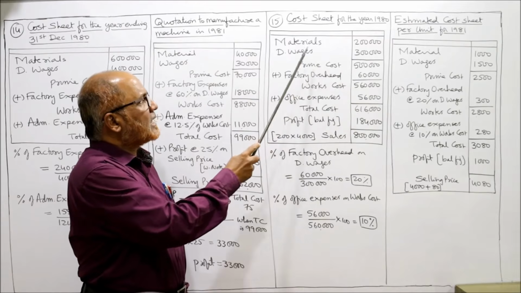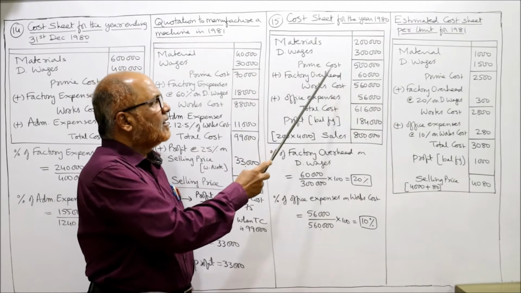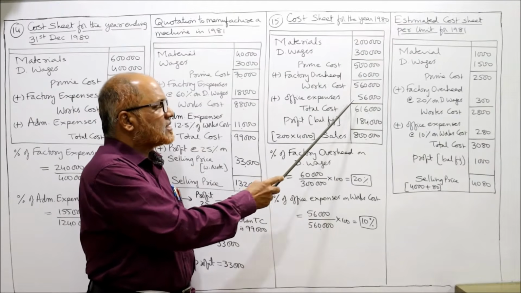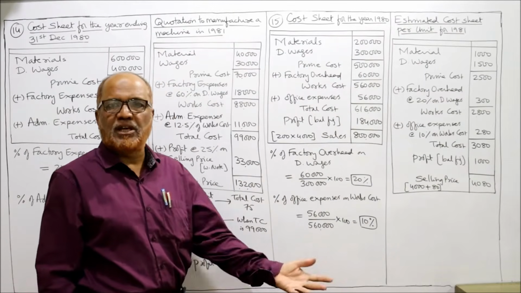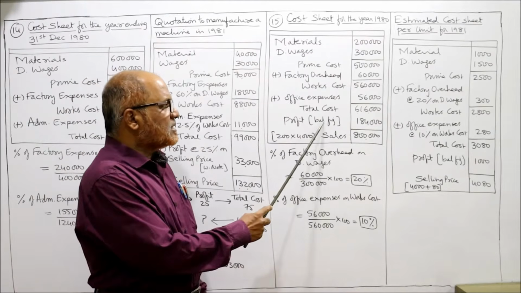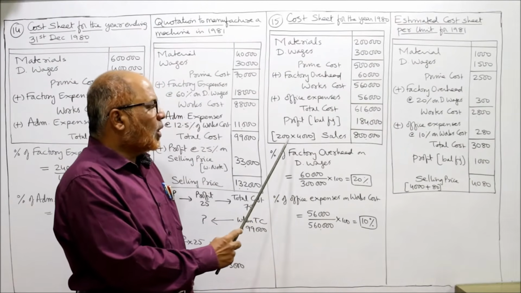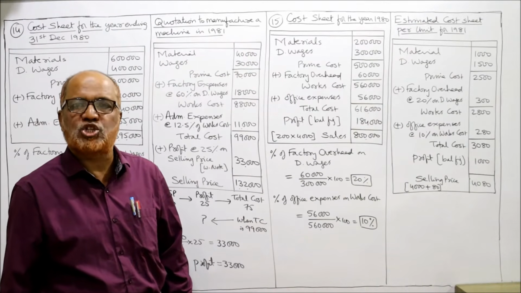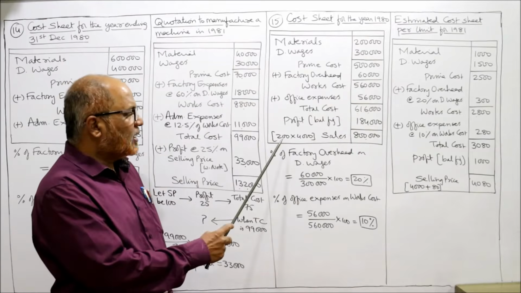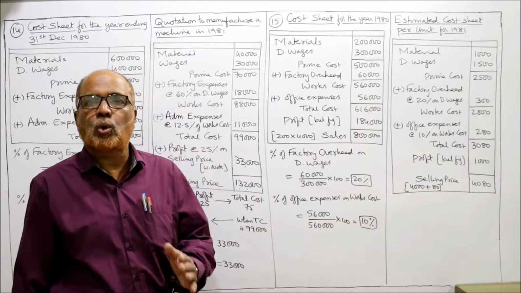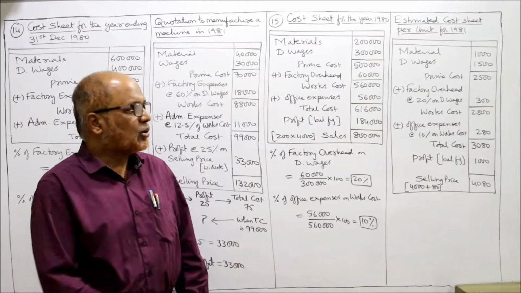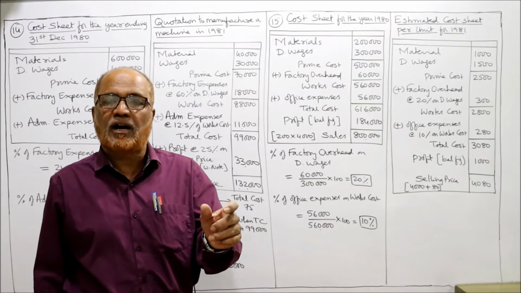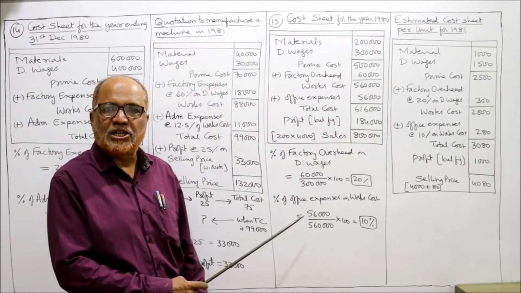Material 2 lakh rupees last year, direct wages 3 lakh, prime cost 5 lakh, factory overhead of 60,000, works cost 5,60,000, office expense 56,000, total cost 6,16,000 given in the problem. Then profit is the balancing figure. Sales: 200 television sets were sold last year at rupees 4,000 each. So 200 into 4,000, 8 lakh rupees are the total sales of last year. So 8 lakh minus 6,16,000, 1,84,000 was the profit earned last year. Now we calculate two percentages.